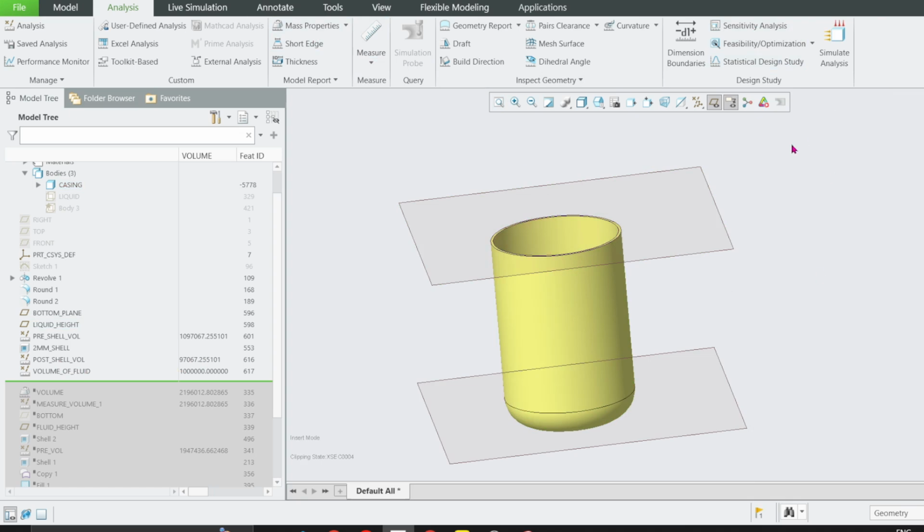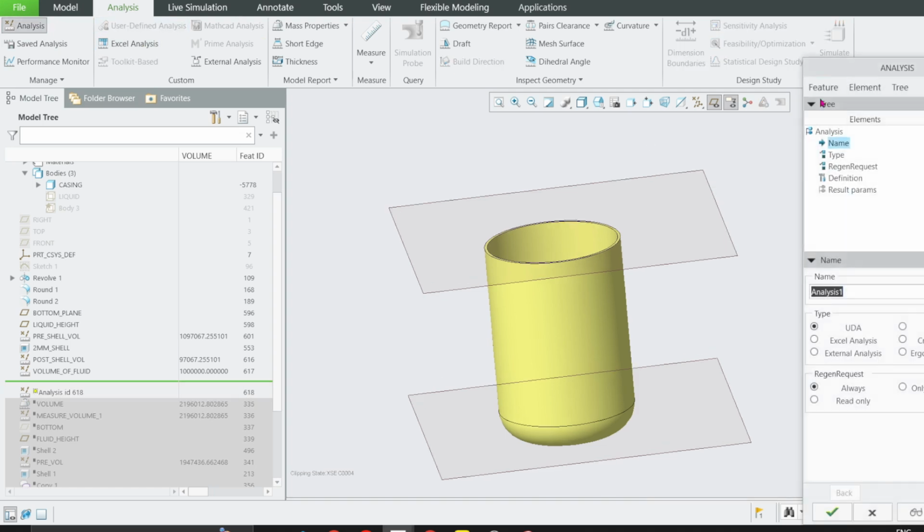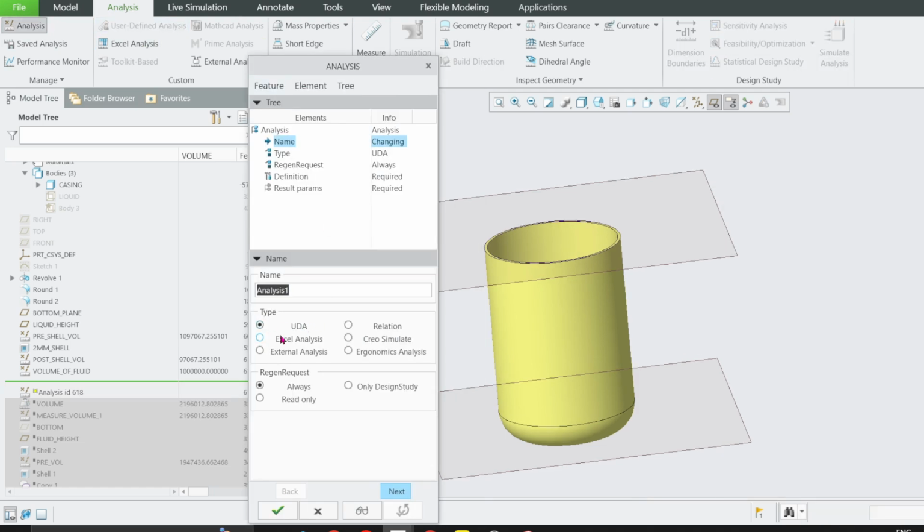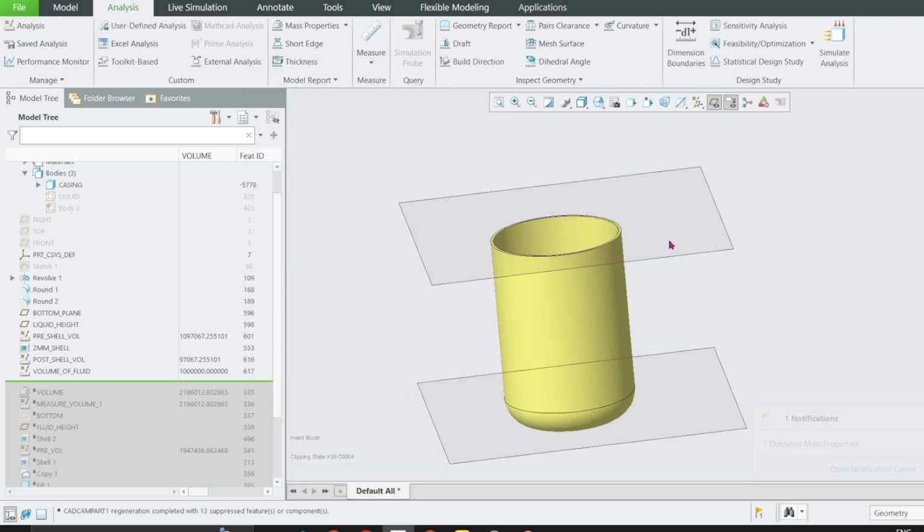In my next videos, I'm going to go into detail and discuss what we call Excel analysis, UDA, user defined analysis, this one here, or you can find it here as UDA, Excel, Creo Simulate. I will discuss most of them for you to understand how you can use Creo BMX, behavioral modeling